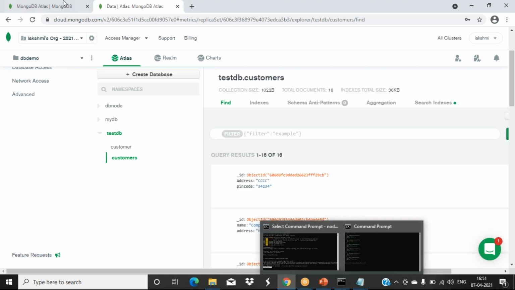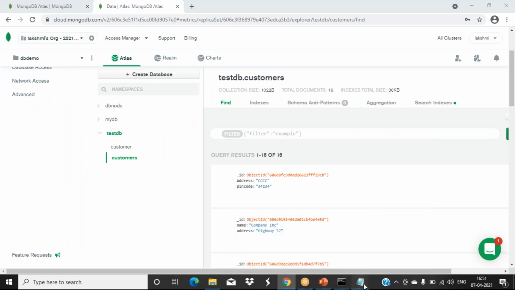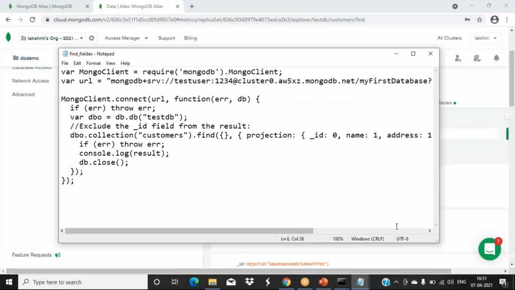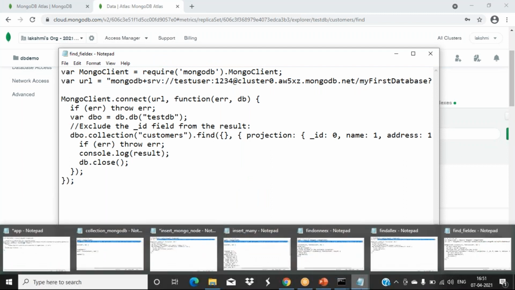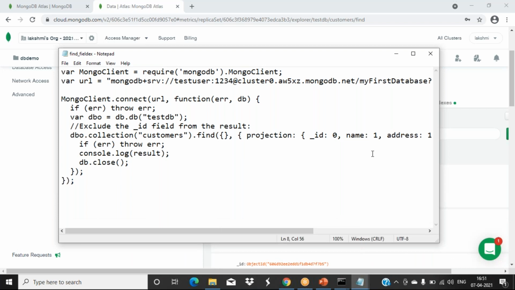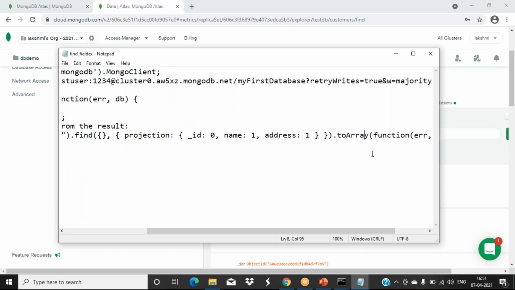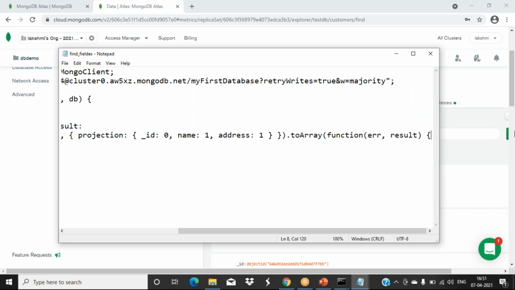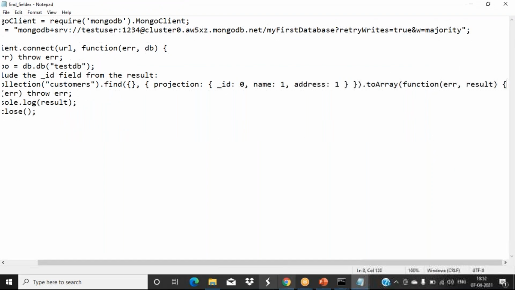While displaying, we are telling we don't want some properties to be displayed. So we can use that projection property for the find function. And here, the same thing: after that, converting into an array and displaying the result value. That's it, the same thing, but here we have given the projection.